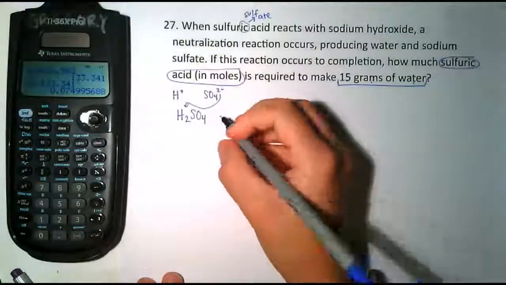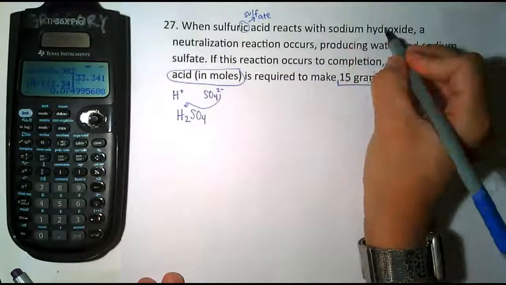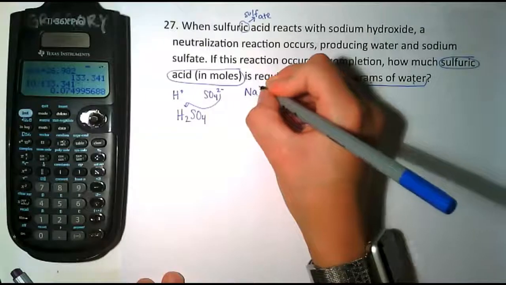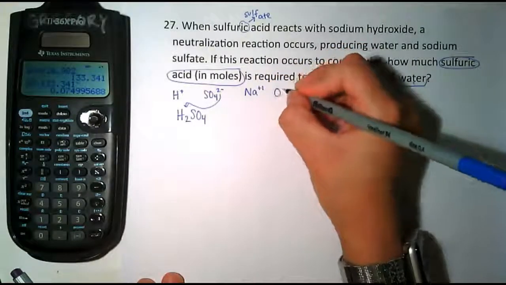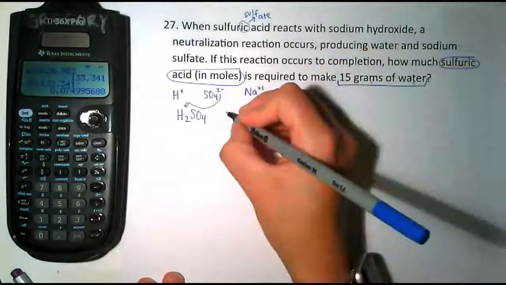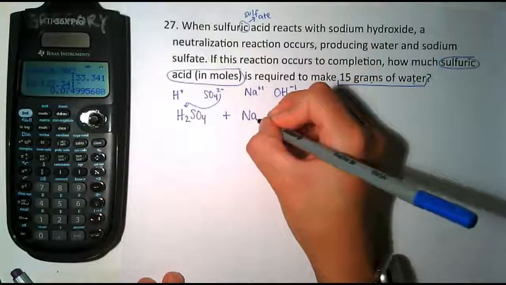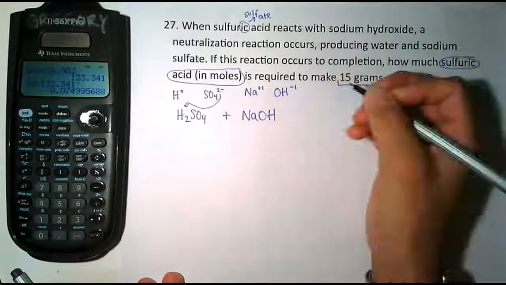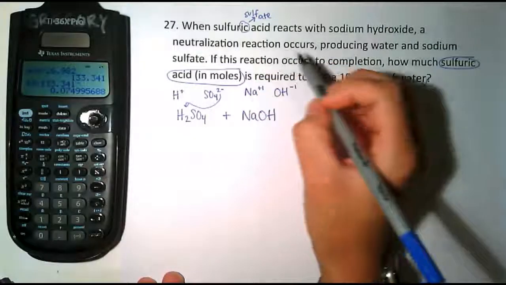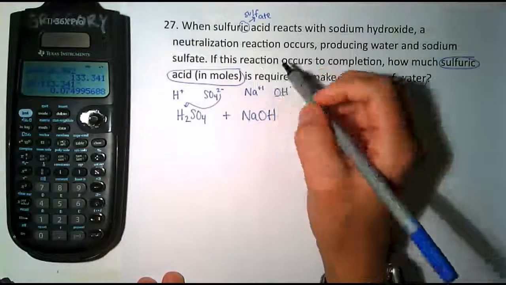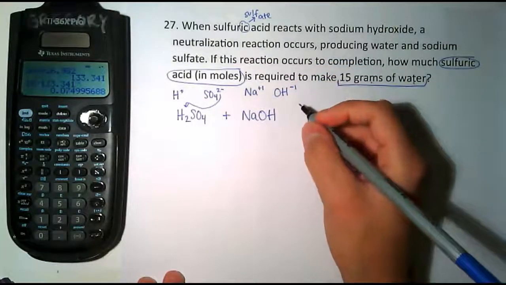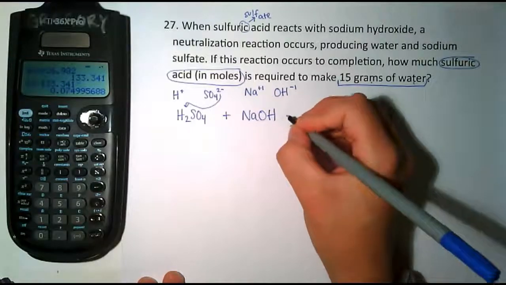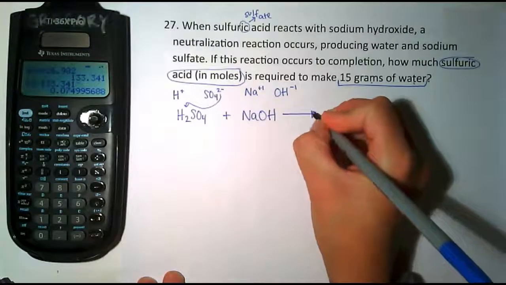So that's our first reactant, and it's reacting with sodium hydroxide. So Na with a +1 charge, and hydroxide is OH -1. So NaOH. And it's having a neutralization reaction, which is one of our types of double replacement reactions, and it's producing